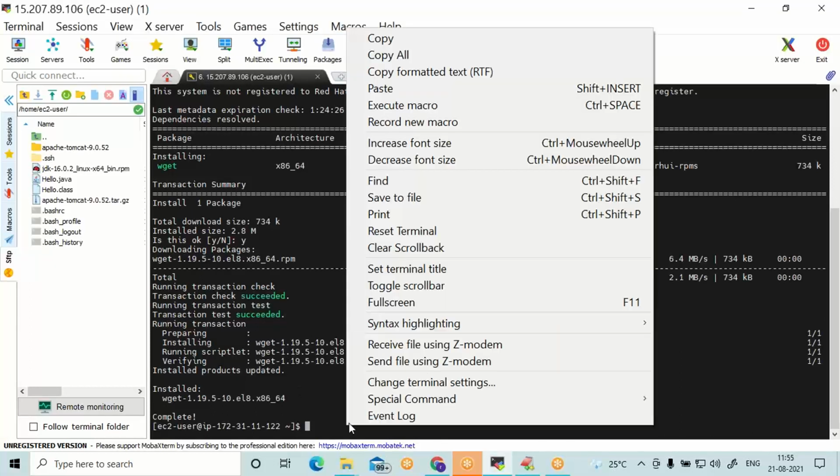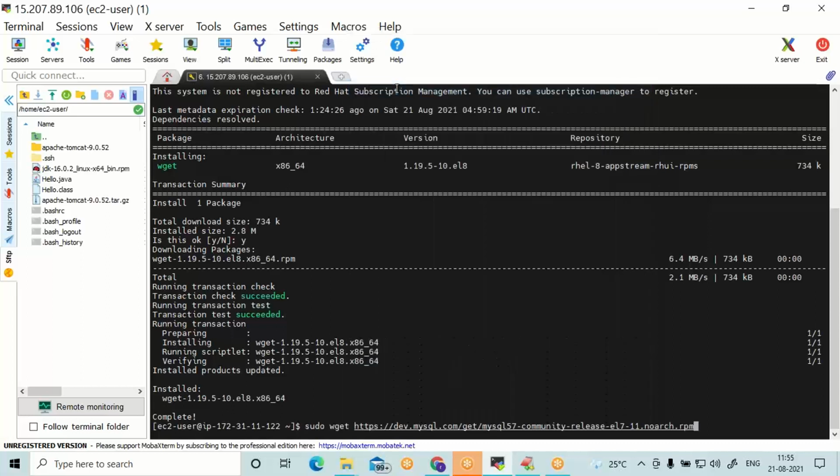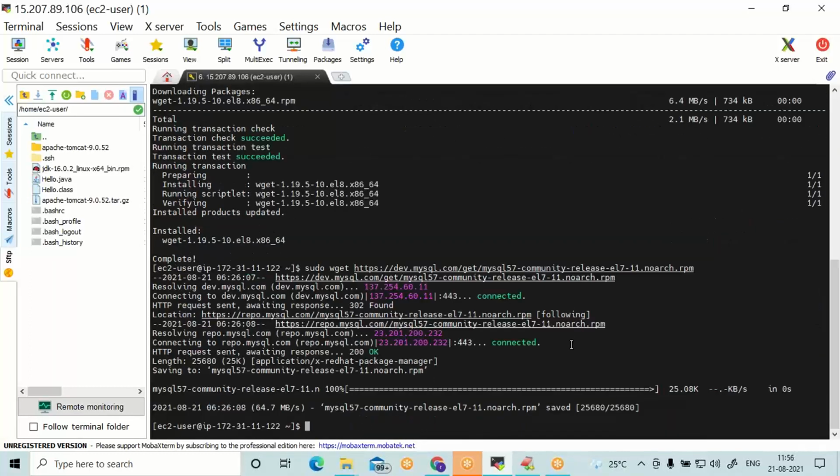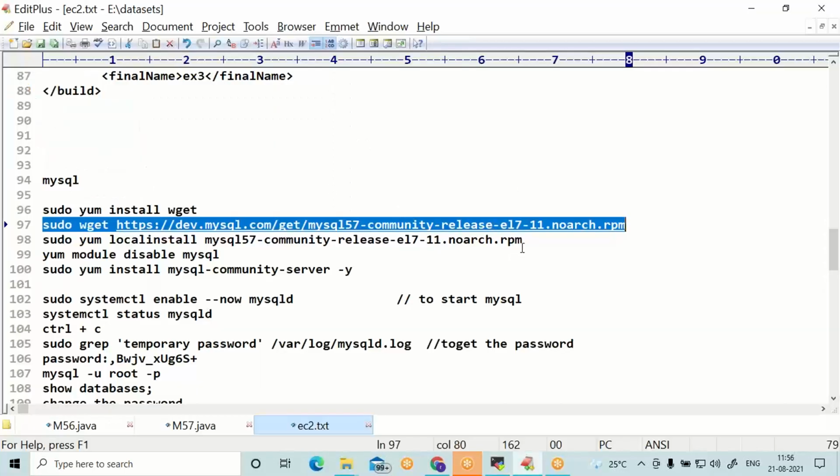Run the second command, guys. Press enter. Similarly, the third one.